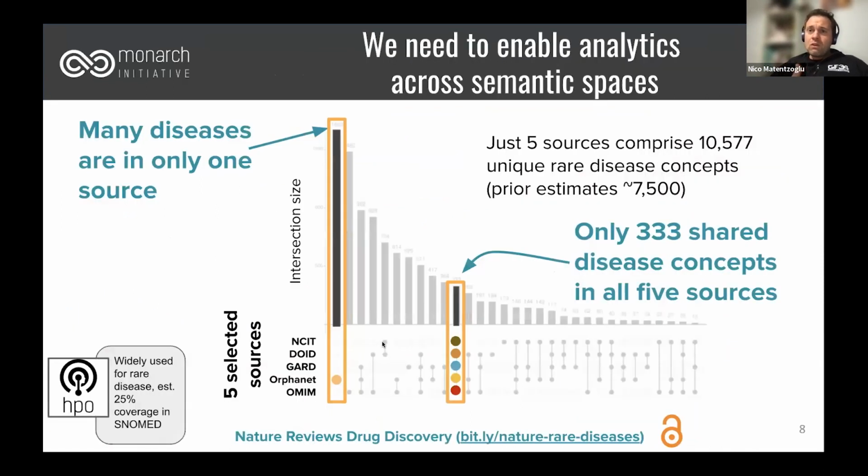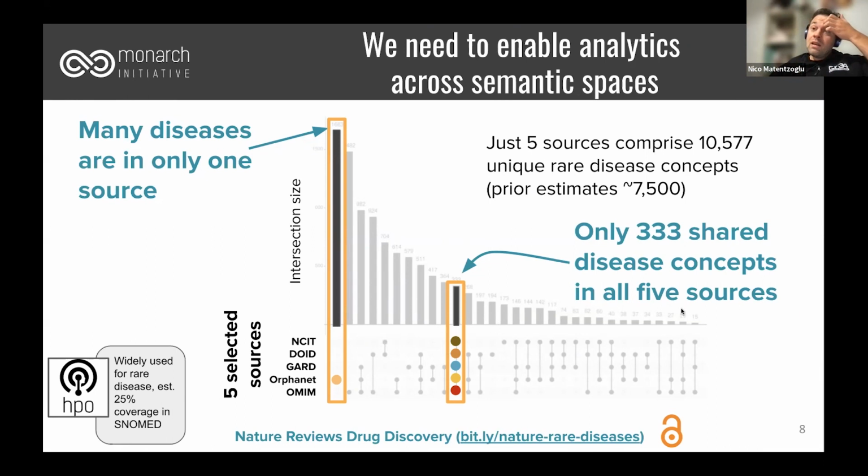All right. So why do we care about stuff like that? This is just a simple example that many of you should be familiar with from Monarch Initiative, where we try to do something very, very simple sounding. We just wanted to know how many rare diseases are there. But if you look at the various different semantic spaces, or the kind of resources, databases, and so on that are dealing with rare diseases that are scattered across the world, one thing that we realized back then is that only a tiny fraction of